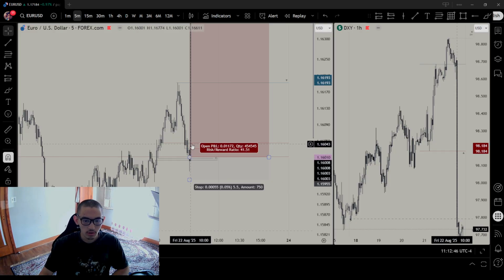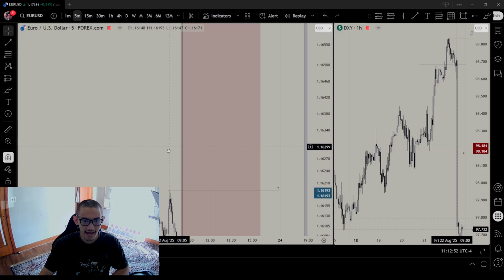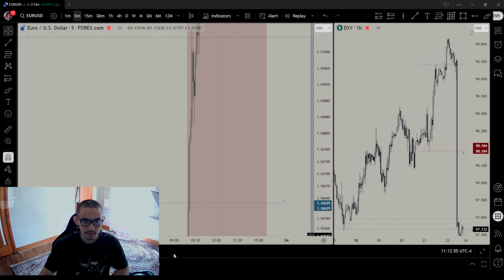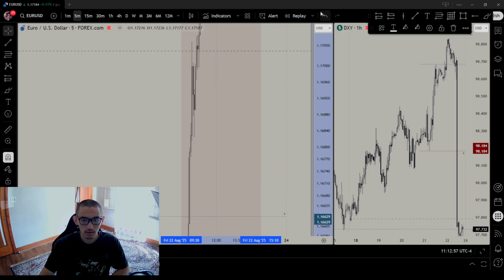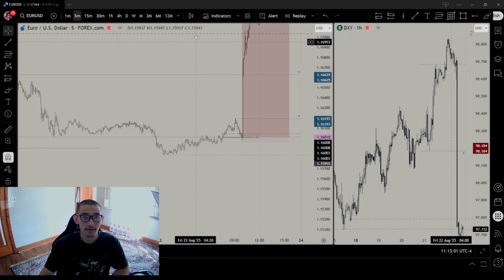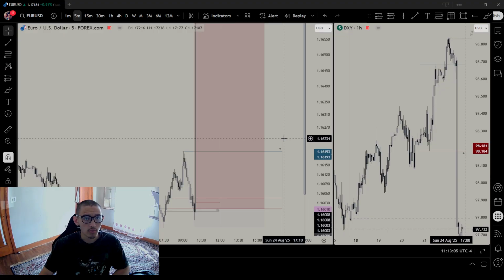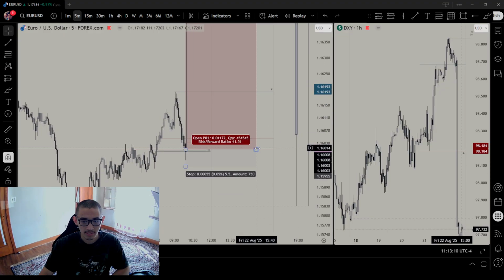Below this old low, we have a fair value gap. And this fair value gap caused a beautiful reaction to the upside to the overall existing draw on liquidity. A fair value gap below an old low or above an old high is a very high probability turtle soup.